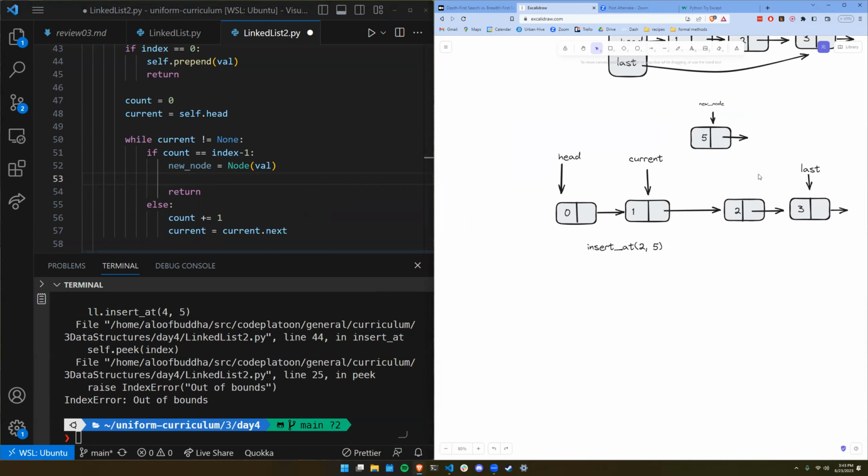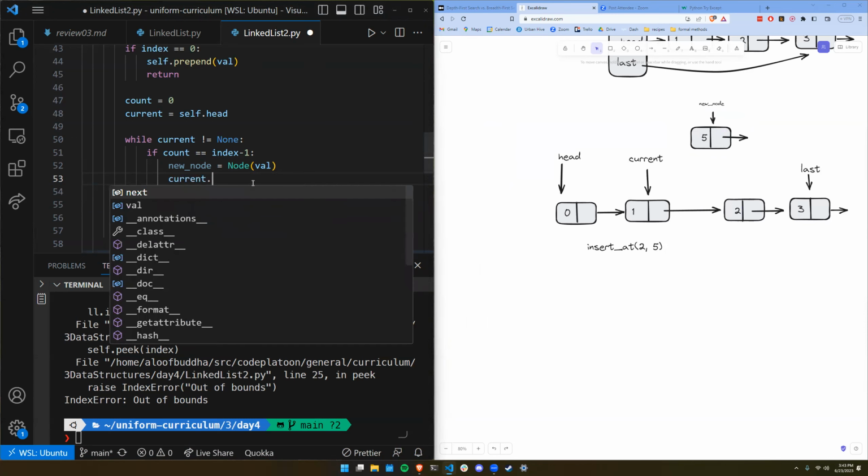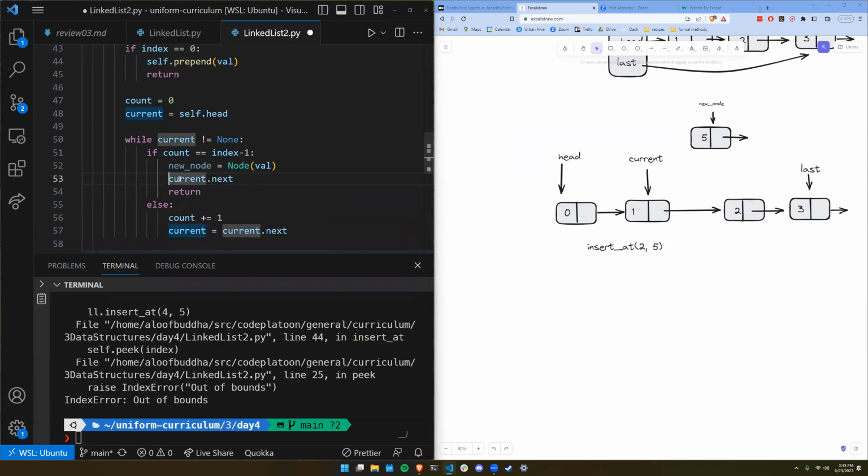It points to the node with 2. Well, I can say current.next, that points to the node with 2. Well, new node, which has a next, but it currently points nowhere, that points to whatever current.next points to. So now they both point here. And technically that's a kind of thing, but because we want this to be a list, at that point